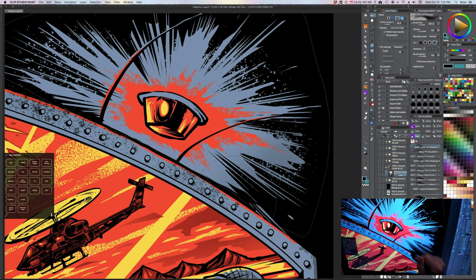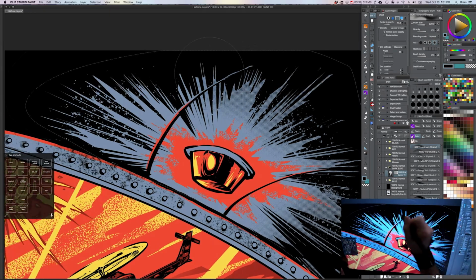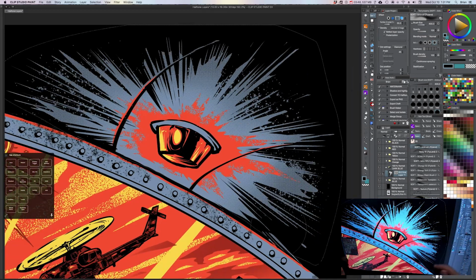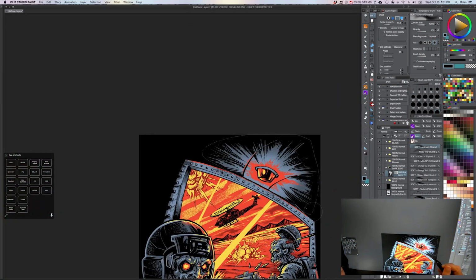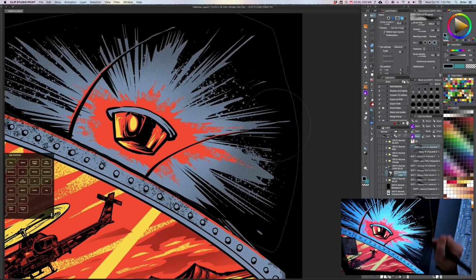Okay, so now when I'm painting, you can see that it's a pressure sensitive way to apply this halftone. It's really great because I can make it smaller dots here and then bigger dots here, just like that. And when you zoom out, you can see the effect. Very cool. And if I'm not happy with that effect, you can always go here and change the